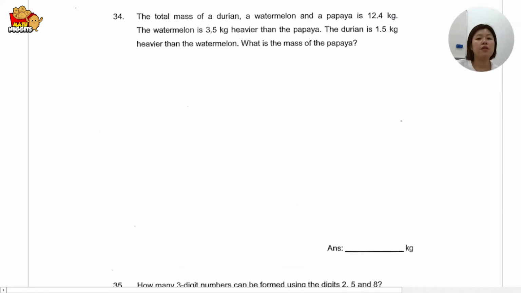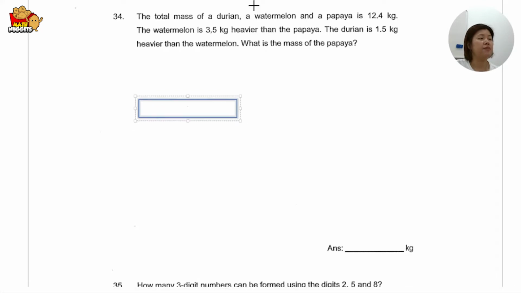34. The total mass of a durian and watermelon and papaya is 12.4 kg. My watermelon is 3.5 kg heavier than the papaya. And the durian is 1.5 kg heavier than the watermelon. Okay, so let's draw a model. Okay, to show my watermelon heavier than my papaya,